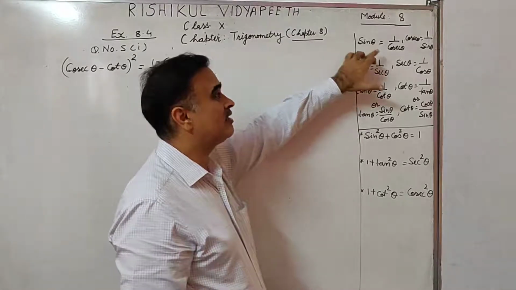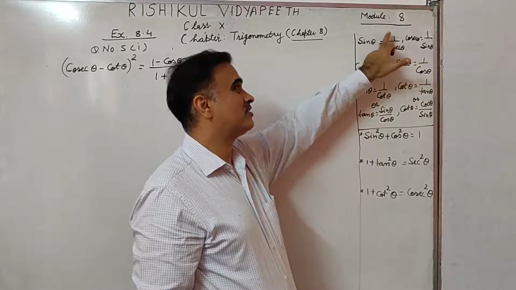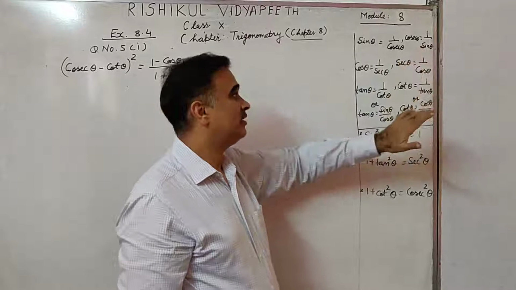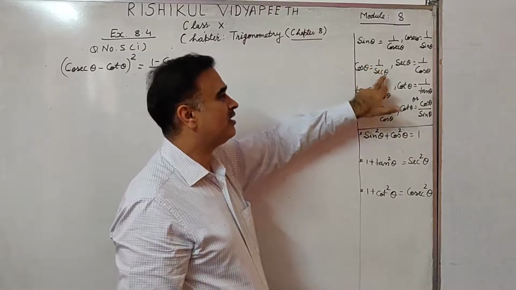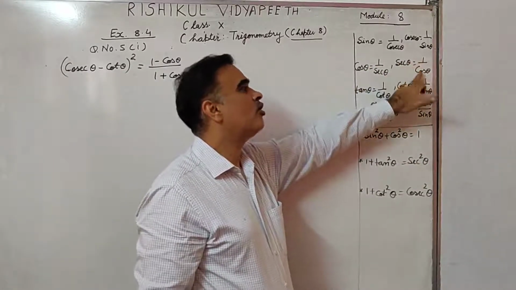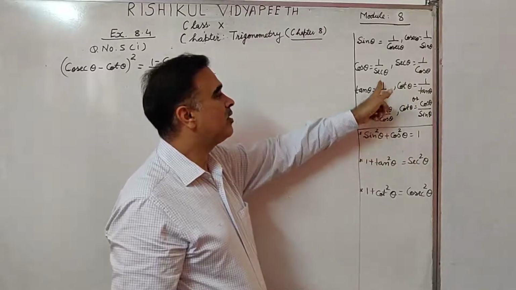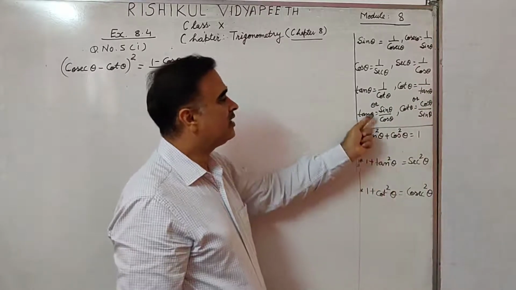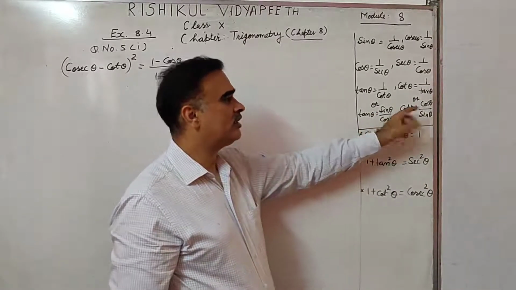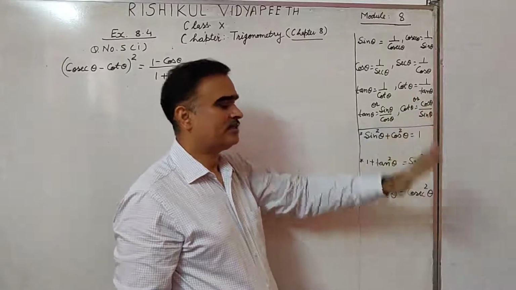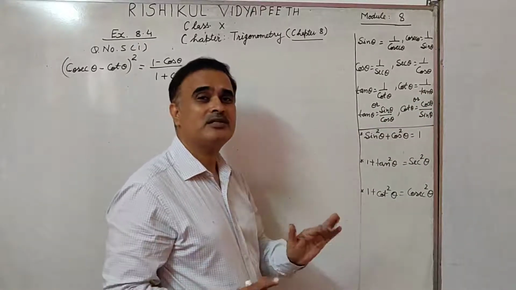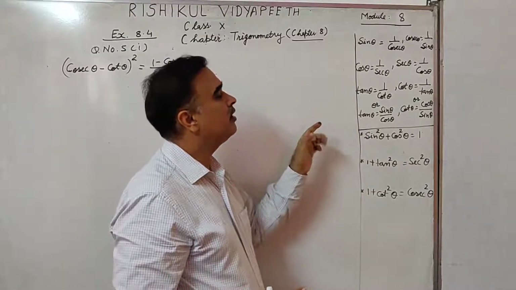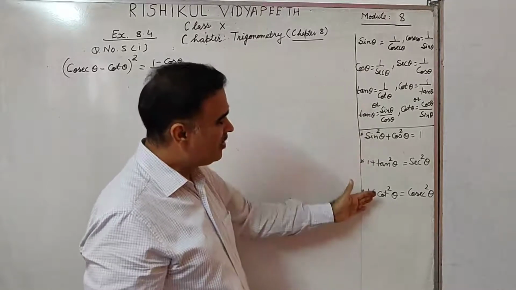You know, sin theta is the inverse of cosec, so we can write sin theta equal to 1 by cosec theta, and cosec theta equal to 1 by sin theta, cos theta equal to 1 by sec theta, or sec theta equal to 1 by cos theta. Tan theta equal to 1 by cot theta, or cot theta can be written as 1 by tan theta. And I told you tan theta is sin theta upon cos theta also, and cot theta is the inverse of this, so cos theta upon sin theta. This has been told and discussed in earlier modules, but why do I write it again? I wrote it here because these will be used here.